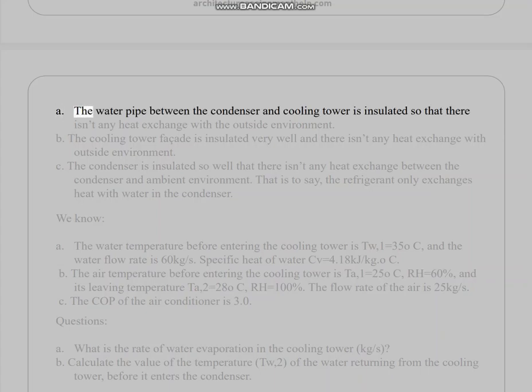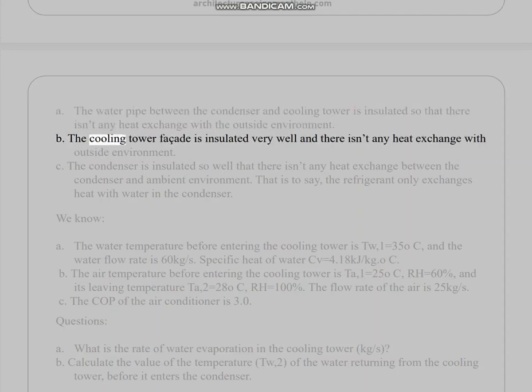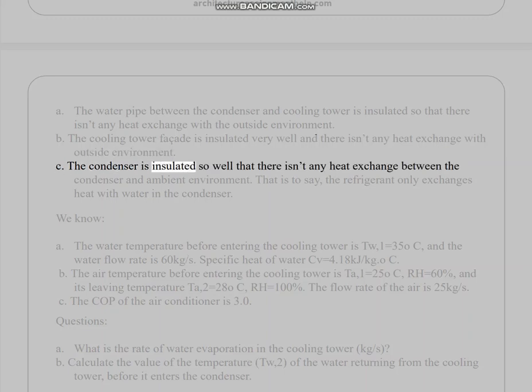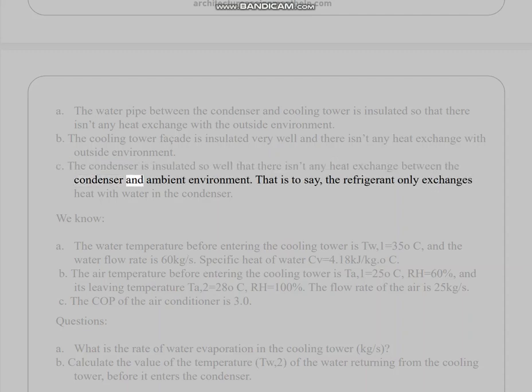We assume: A. The water pipe between the condenser and cooling tower is insulated so that there isn't any heat exchange with the outside environment. B. The cooling tower facade is insulated very well and there isn't any heat exchange with the outside environment. C. The condenser is insulated so well that there isn't any heat exchange between the condenser and ambient environment. That is to say, the refrigerant only exchanges heat with water in the condenser. We know: